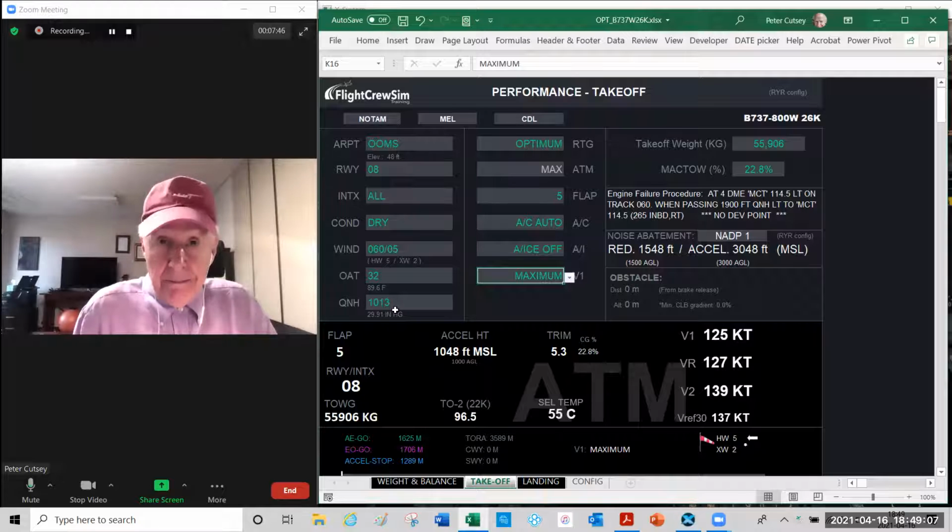In the meantime, if they haven't received those figures, it would be wise to go through with the taxi and takeoff briefing, or get your ATC clearance. Remember, you've only got 30 minutes from the time you get on the flight deck till you actually can be ready for pushback. So all of these procedures that I've been doing have been helping new pilots learn, and I've